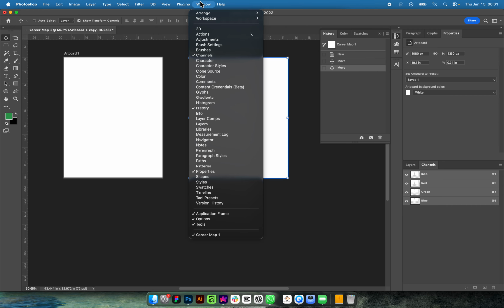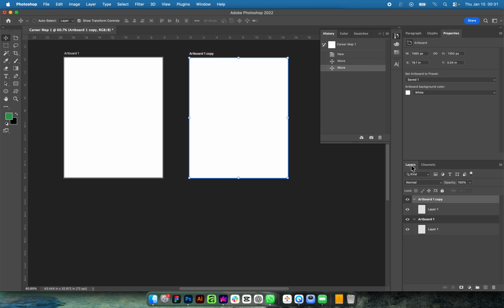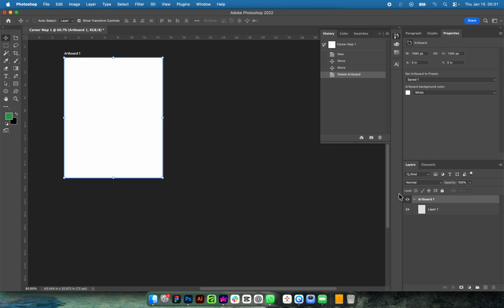Do you understand? So just come to your Windows panel, Windows menu bar, and you see this. You get? So you see everything that you need, and these are basically things that you need to work on graphics as a designer, or basically work on Photoshop. Then the next most important thing that I'm going to show you, as I'm going to end the video, and